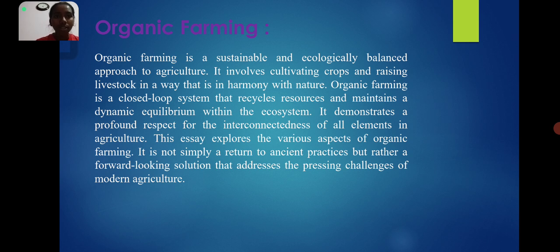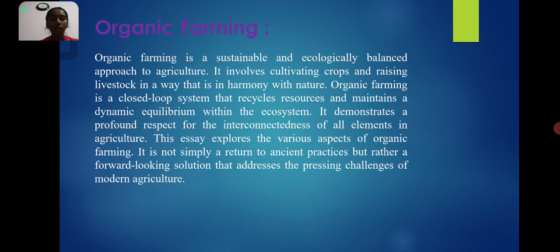Organic farming is a sustainable and ecologically balanced approach to agriculture. It involves cultivating crops and raising livestock in a way that is in harmony with nature. Organic farming is a closed-loop system that recycles resources and maintains a dynamic equilibrium within the ecosystem. It demonstrates a profound respect for the interconnectedness of all elements in agriculture. It is not simply a return to ancient practices but rather a forward-looking solution that addresses the pressing challenges